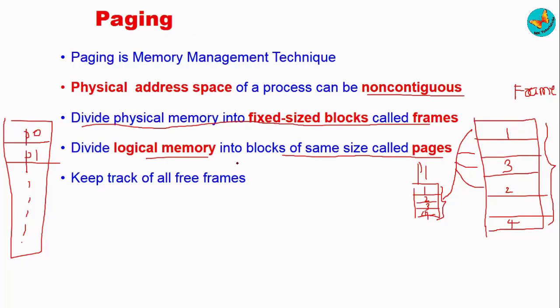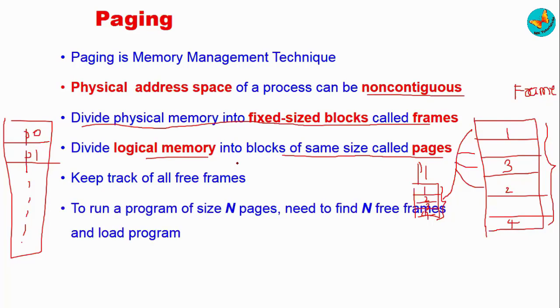See, what happens in paging is that suppose you have a program of size n pages, so it requires finding n free frames, and then the program can be loaded, isn't it? Say a process P1 is there, like in our example, so maybe it requires 4 pages. So it requires 4 free frames in this case. So like I have shown you, these 4 pages can be put in any place in our RAM.